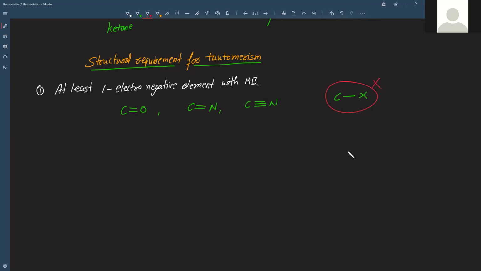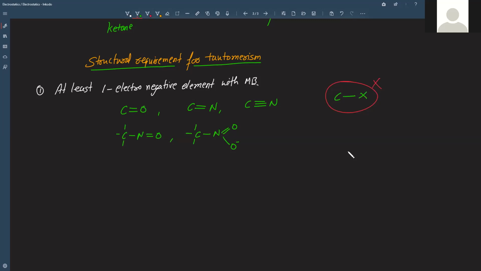Others, for example, you can have C, all single bonds, connected with a nitrogen, and that is connected with oxygen. So even that is possible. Then you have carbon, again connected with nitrogen, and this carbon has all single bonds, but the nitrogen is connected with a multiple bond to oxygen. So even this is possible.